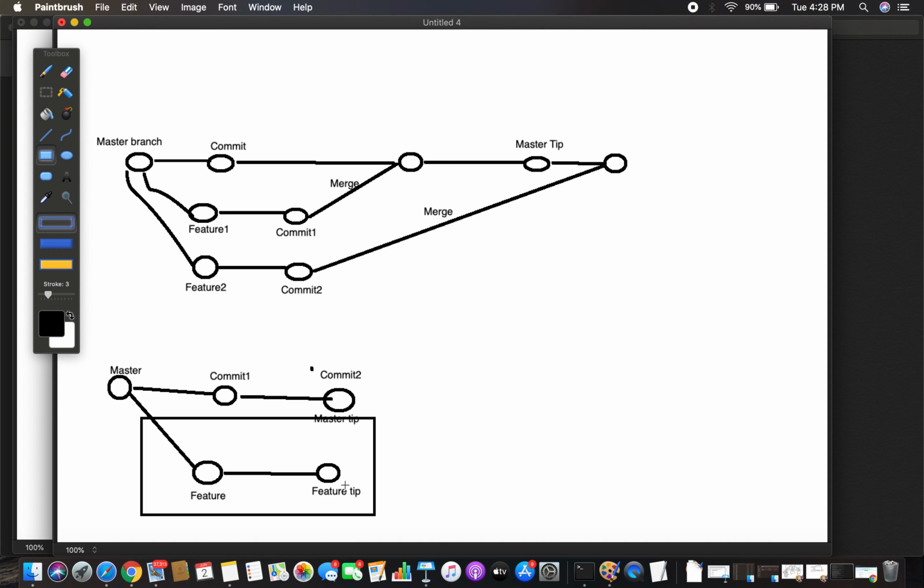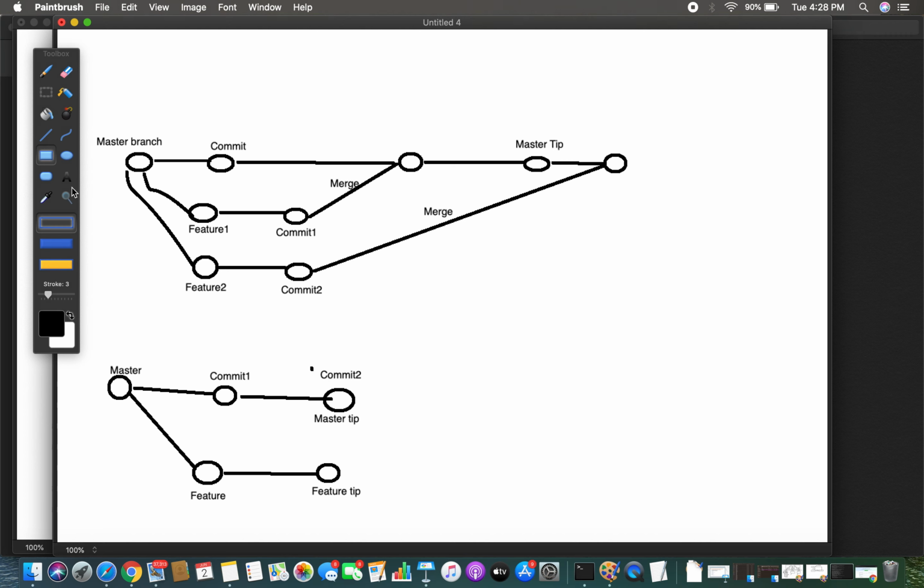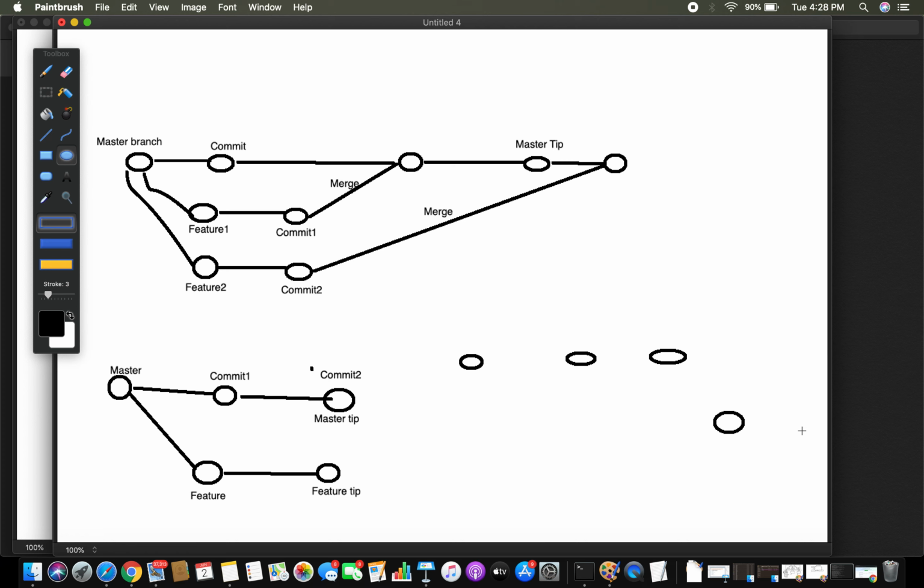Instead of merging this into your master branch, our image should be like this. Let me show you. This follows in this way.